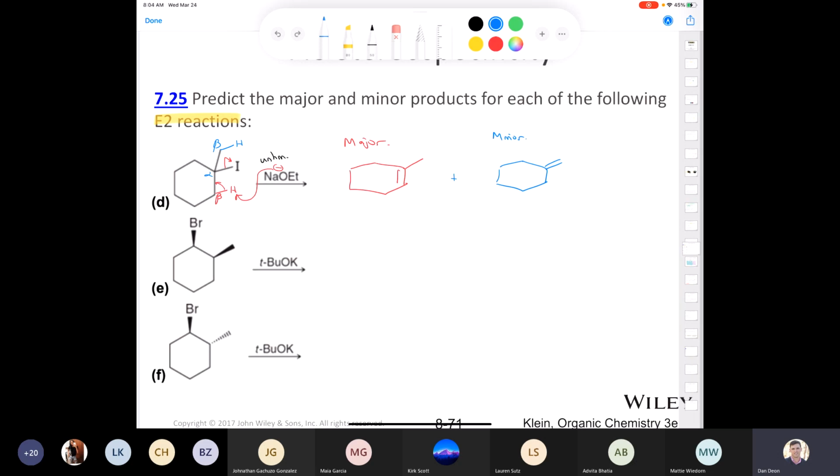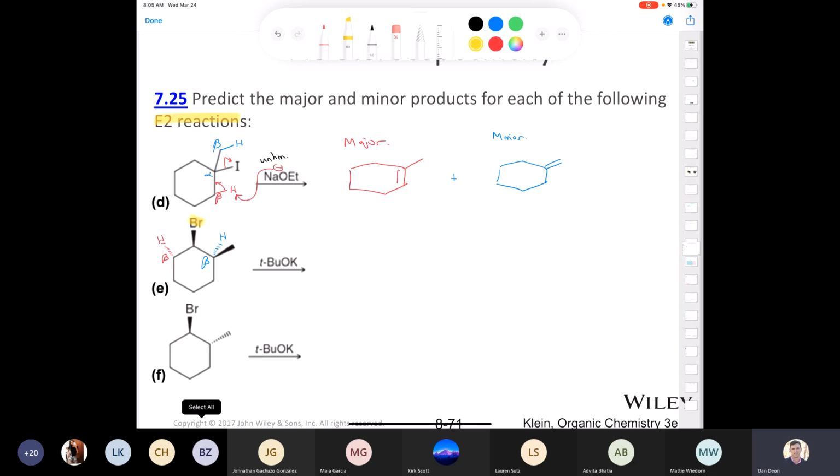Okay, if I move on to the next one, I have potassium t-butoxide. I have that in both of these here. And remember, the requirement is that if we have a leaving group on a ring, a cyclohexane ring, it has to be anti-periplanar to a beta proton. So I have a beta proton here. I'll draw it going down like this. And I also have two beta protons on this carbon, but I'm just going to draw the one that's pointing down. The reason why I'm only drawing the one that's pointing down in red, and of course the only one on the blue carbon, which is pointing down, is because